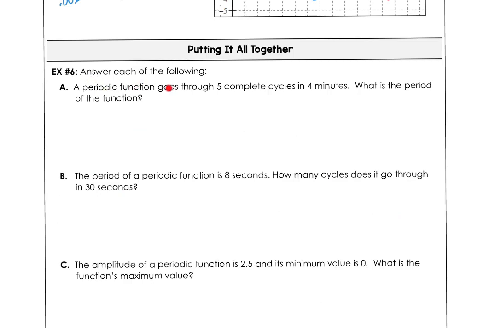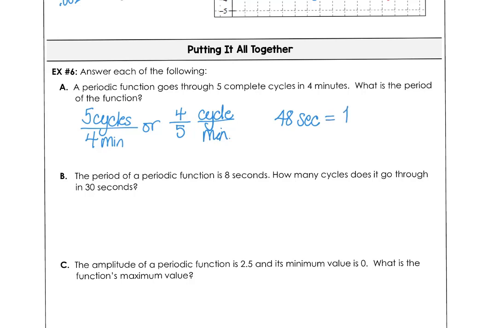In example 6, we're going to answer the following. If a periodic function goes through 5 complete cycles in 4 minutes, what's the period of the function? Well, we got 5 cycles every 4 minutes. So that's going to be 4/5 of a minute per cycle. And if you think that through, that would be 48 seconds for 1 cycle if you divided up 4